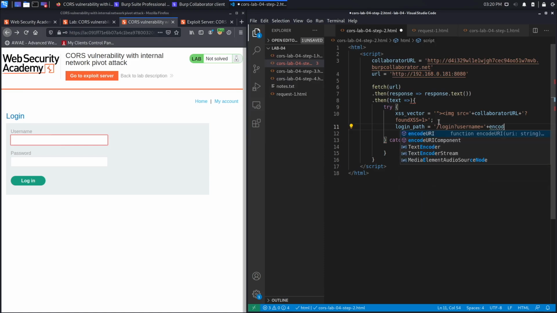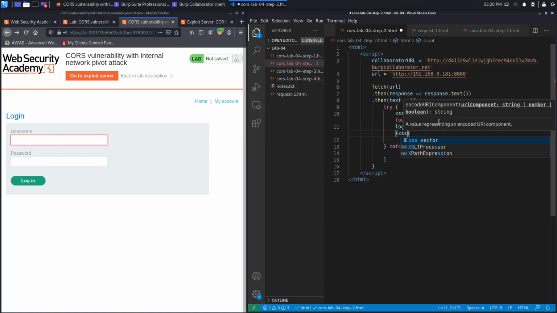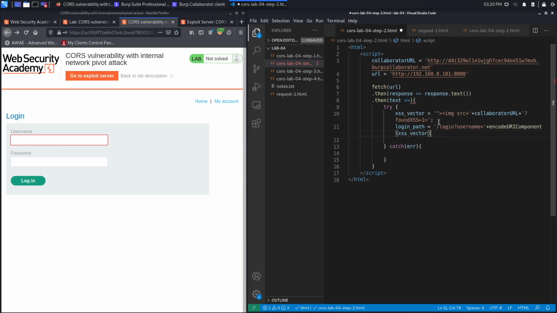So we're going to say encodeURIComponent and add our XSS vector. Next, we need to add the password, which will say just random. It doesn't really matter. And the CSRF token, which is equal to